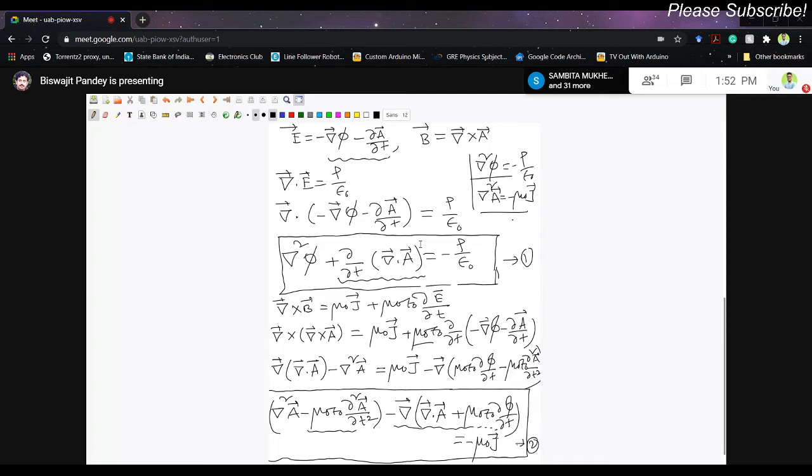How do you define scalar potential? If you remember that definition from electrostatics, you want to bring some charge from infinity to a particular point, and work done by that is called the potential, right? So this potential, either scalar potential or vector potential, both are important because they are connected to electric field and magnetic field. And once you know phi and A, you can calculate E and B. But they are something which is not direct. They are indirect things. E and B are more direct, and that doesn't mean that since it is indirect, I can just take whatever value I want. No, that's not my point.